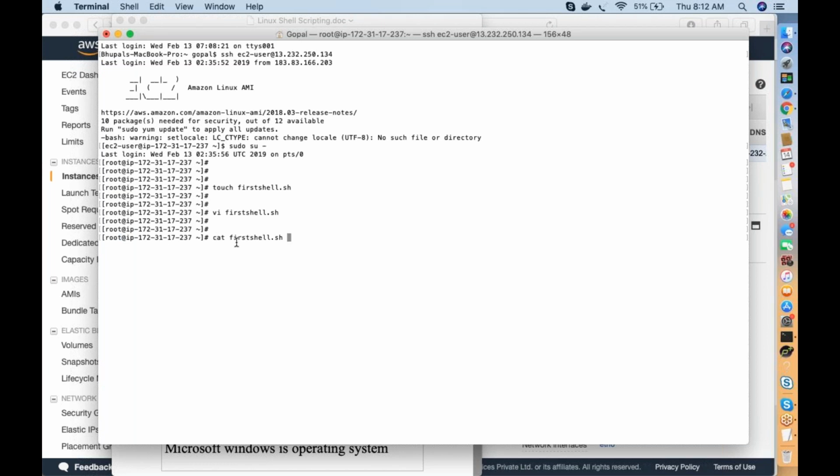cat first.sh file. So when I execute a cat command inside the shell, I get the output. Cat is a command which reads the file, and the action has been performed for me. Now we have a kernel, we have an operating system, and a user.